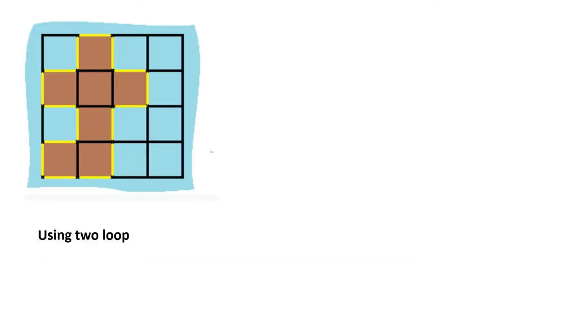So there is a simple solution using two for loops. Okay, so that I will first show you. Then how to apply DFS here, that I will show you next. So here this grid is present. What we can do is check each and every cell, and if it's land, then we can check what is on the left side, top side and right side, or anywhere in the four directions. If there is water or it is out of the boundary, at that time we will add it to the perimeter, and if we find land on that side, we will not add anything. Okay. So the solution is simple here.